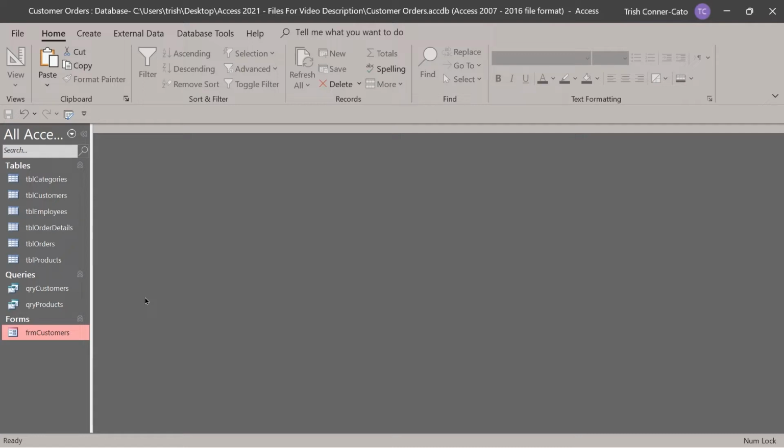We're going to create another form using the wizard. And this time I'm going to give you a challenge. All right, we want to create a form based on the employees table, and we want all fields except employee ID. So create that form